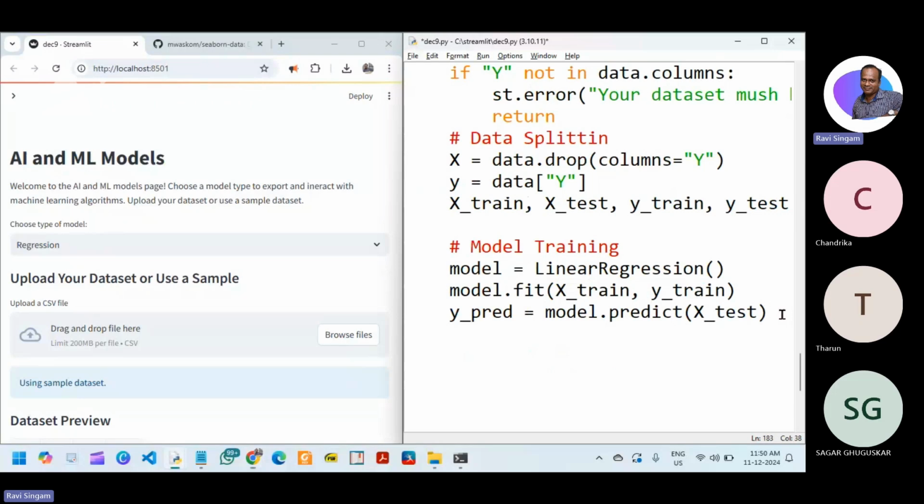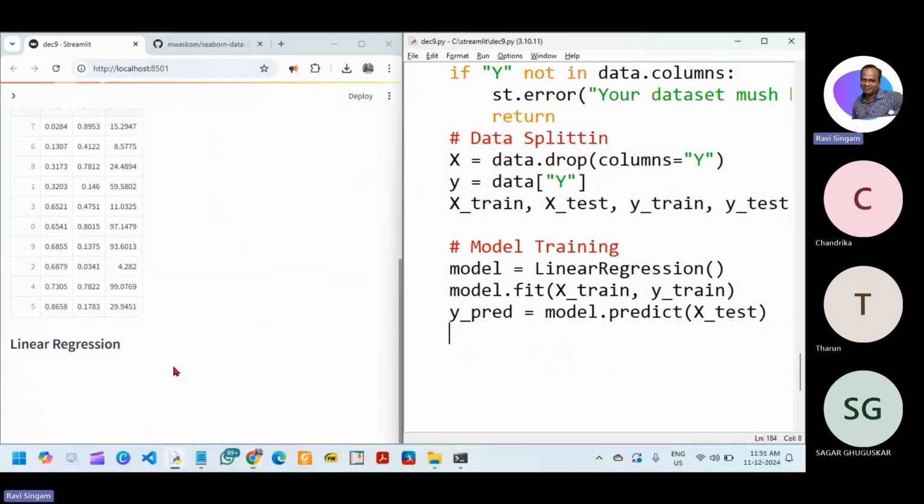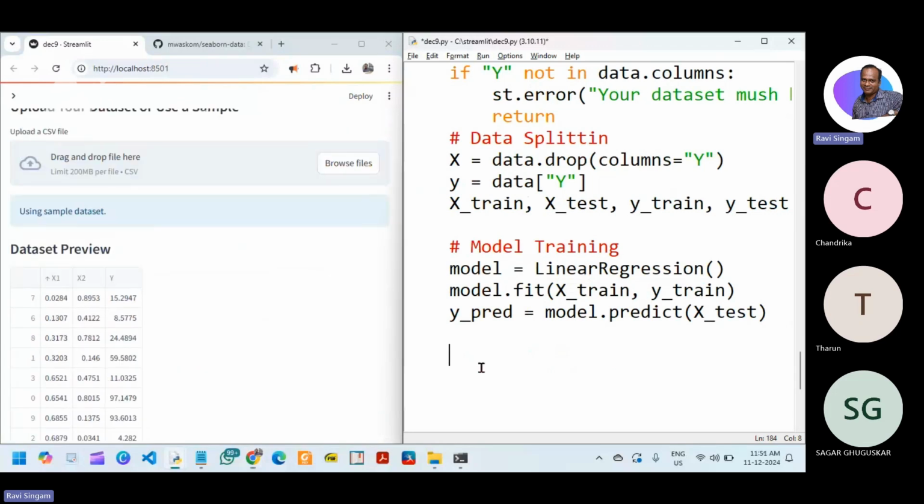Now after this, I save it because I just want to see if there are any errors. No errors so far, it's going perfectly. Now you have trained the model and we want to print the results. So we want to print the results. We just write something to the screen, that is